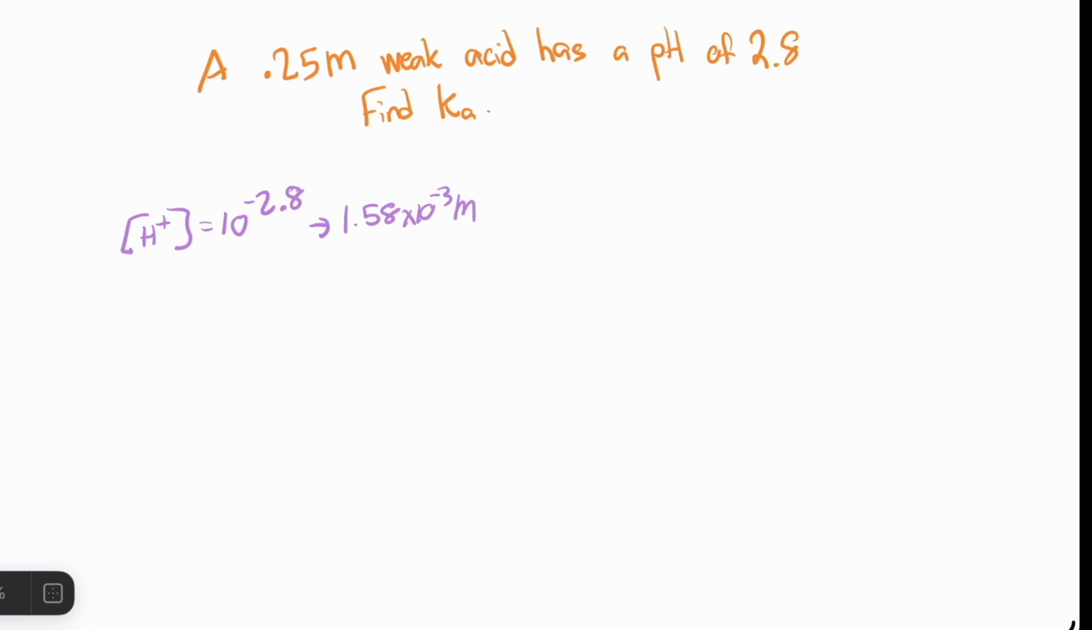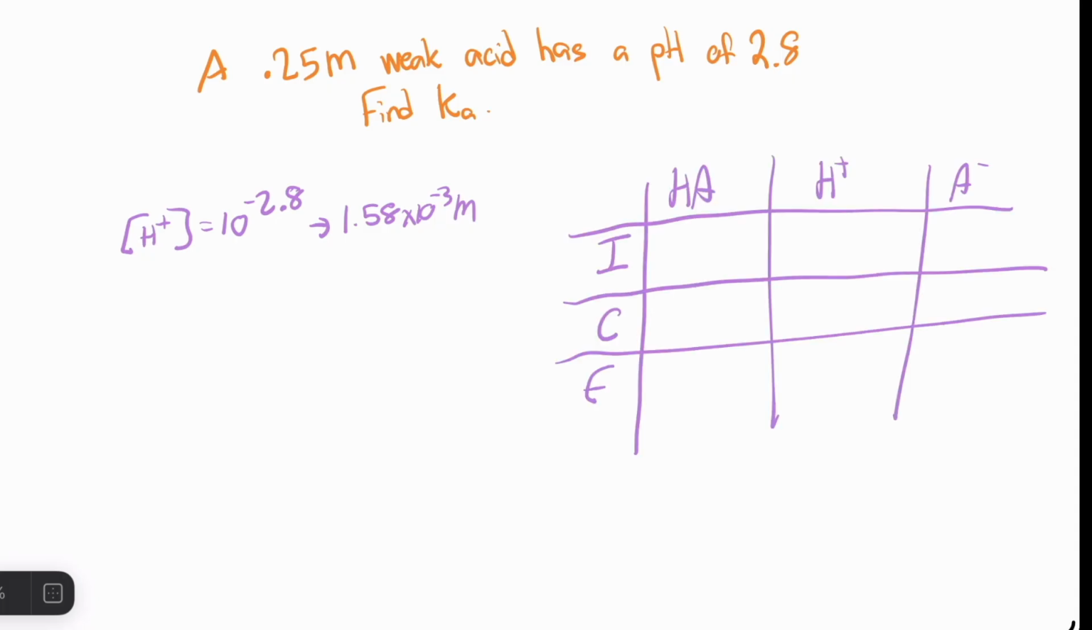Again, we have to set up our ice table. We're initially starting with 0.25 molar of our HA and 0 H plus and 0 A minus. Our change we just determined to be 1.58 times 10 to the negative third, so we're going to subtract that from our HA. And we're going to add it to our H plus and our A minus. So these two values are the same, and we can just drop them down. And the HA is going to be 0.25 minus that change, which is going to give us